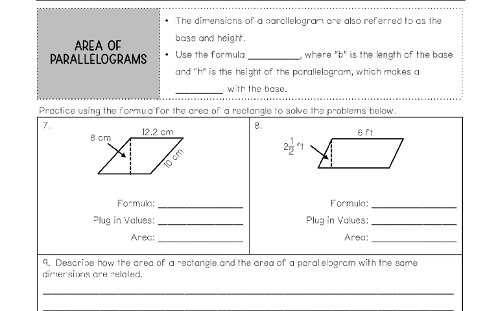So essentially it's the same thing. The dimensions of a parallelogram are also referred to as, what do you know? Base and height. So they're going to use the exact same formula, which we've been saying this whole time. Everyone say with me, area equals base times height, where B is the length of the base and H is the height of the parallelogram, which makes a 90-degree